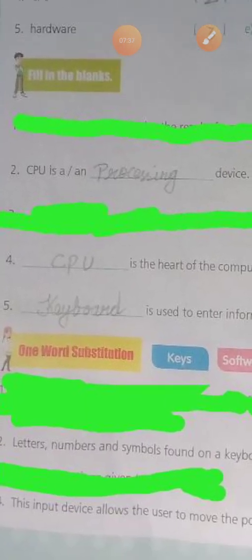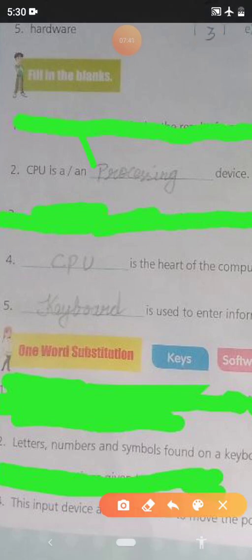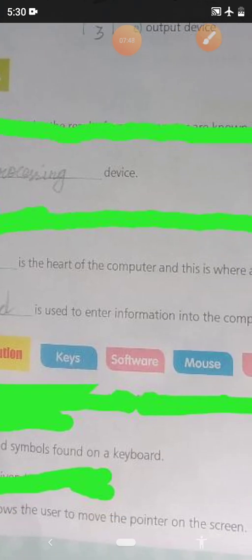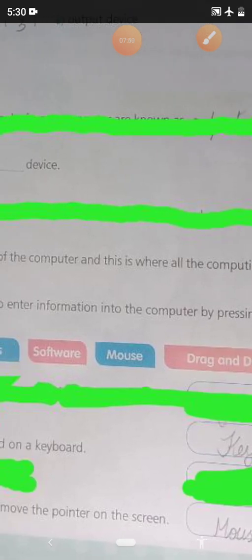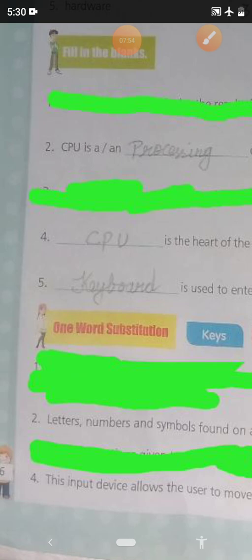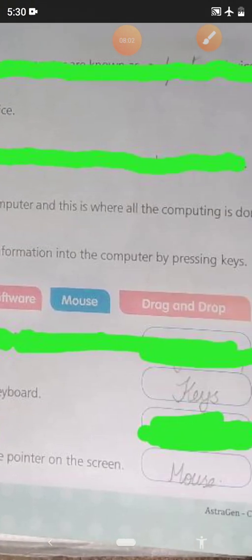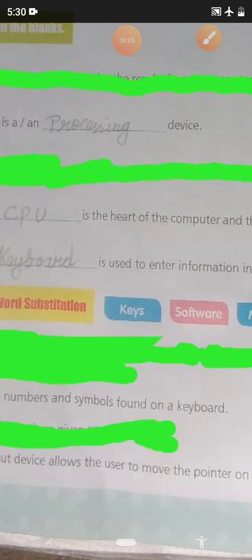Hardware is physical parts. So moving to fill-ups, CPU is a dash device. CPU is a dash device. It is a processing device. And then fourth one, dash is the heart of the computer, and this is where all the computing is done. So CPU is the heart of the computer. And then fifth one, dash is used to enter information into the computer, which is